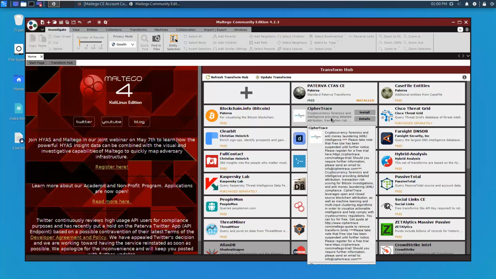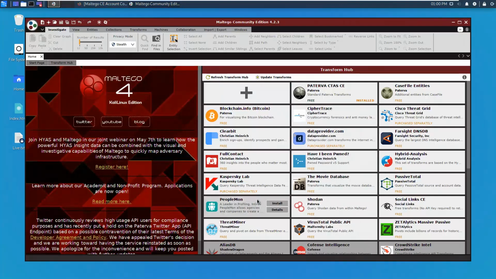By running those transforms you will gather some other information. Then you can run other transforms on the information you got, and gather other information as well, right? So it's a process. We will see it in a moment. These are the two things in Maltego, right? We will see what an entity is in a moment as well.